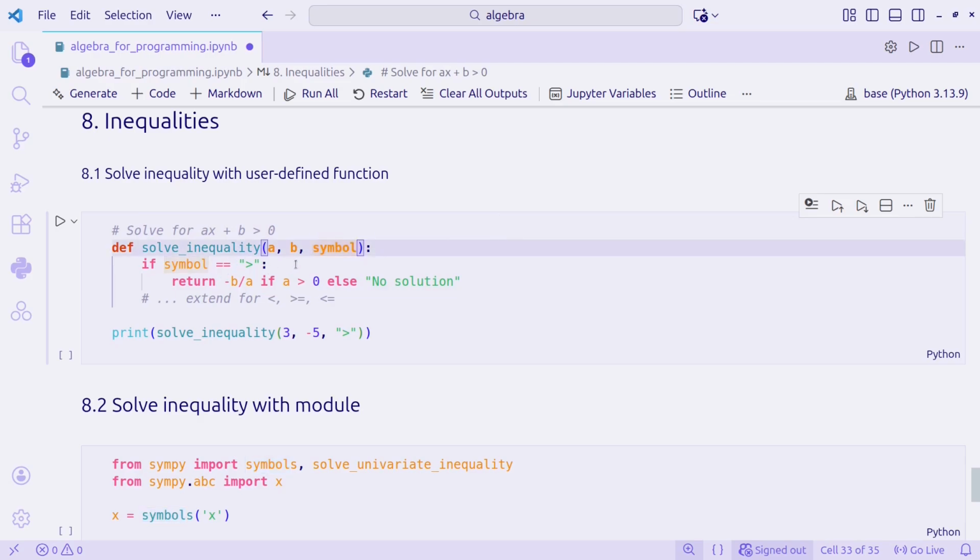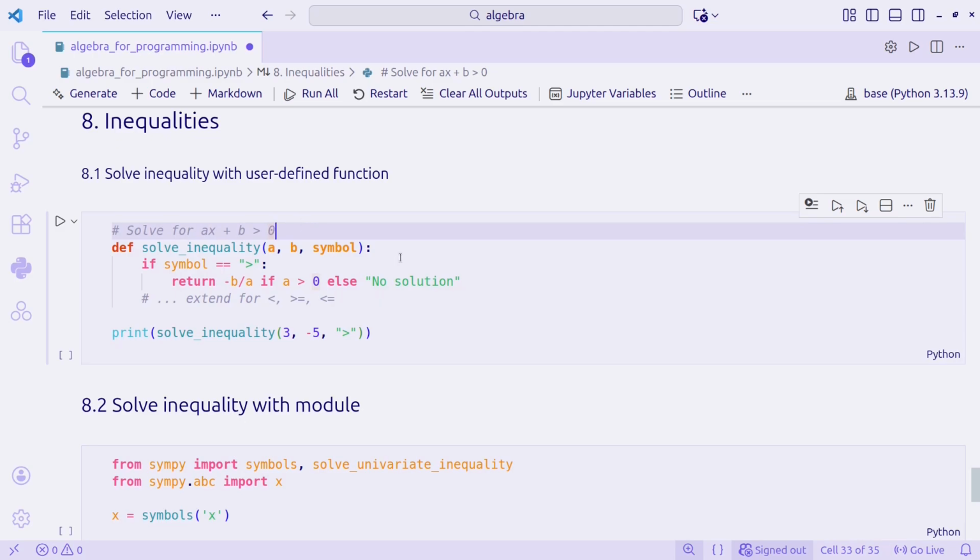And I have to check whether the symbol here is a larger than sign or not. If it is a larger than sign, I just print out negative b divided by a as the answer. And of course, I have to check whether a is really larger than 0 before I return the value of the inequality as negative b divided by a. If a is not larger than 0, I would just say no solution, because this inequality would fail to be